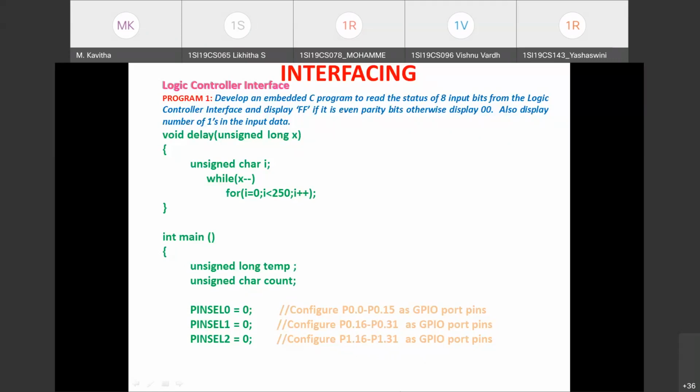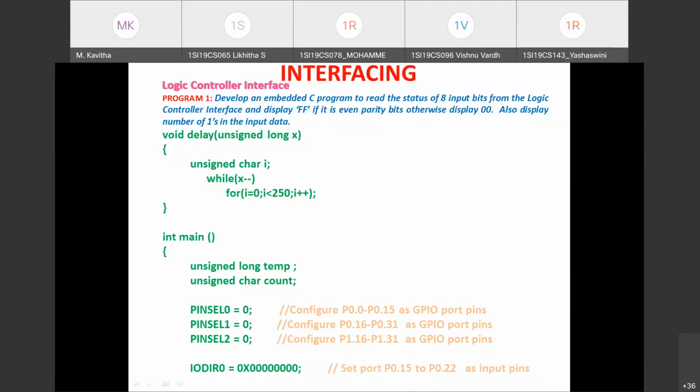Okay. So next we need to configure the IODIR register. Since port 0 is acting as an input port, we shall write 0 to the IODIR0 register. So IODIR0 equals 0. Let us write all values as 0 itself, so that we configure the port 0 pins as input port pins.